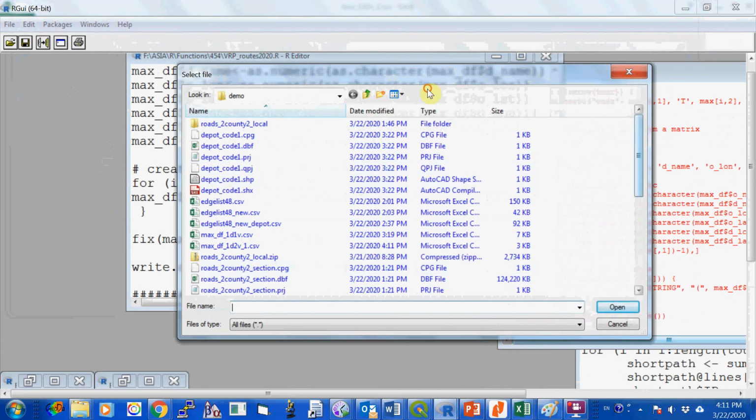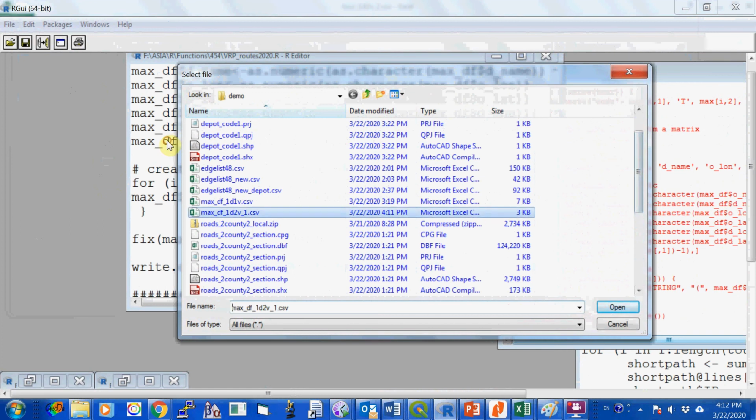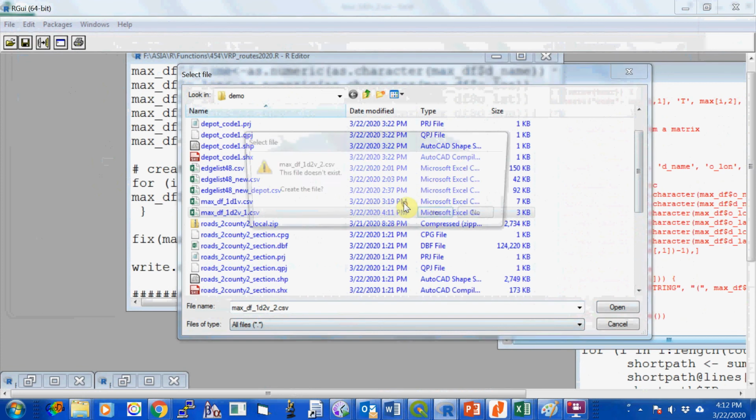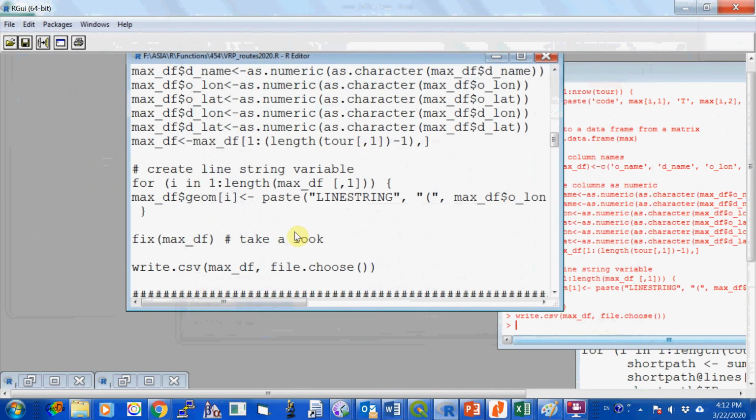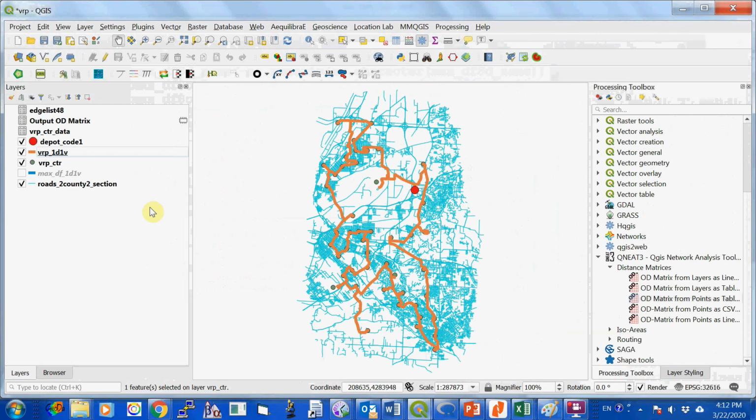So let's save that as max data frame 1D 2V2. Open. Yes. Okay, now let's go to QGIS. Kind of eager to see what it looks like. So this is what we have so far. Let's uncheck all these